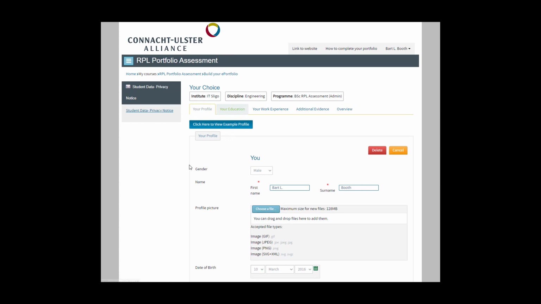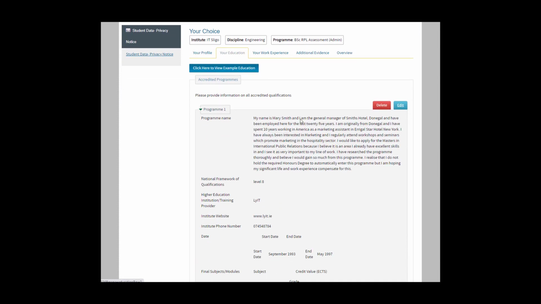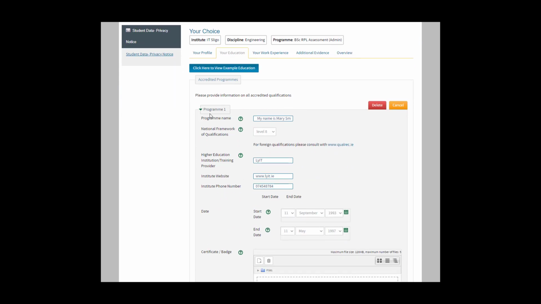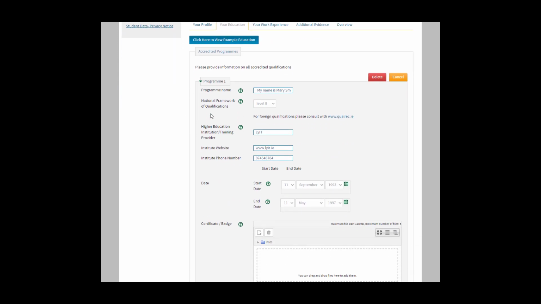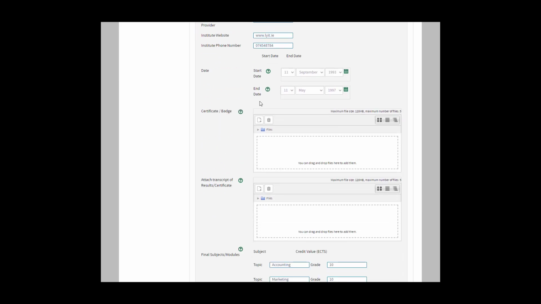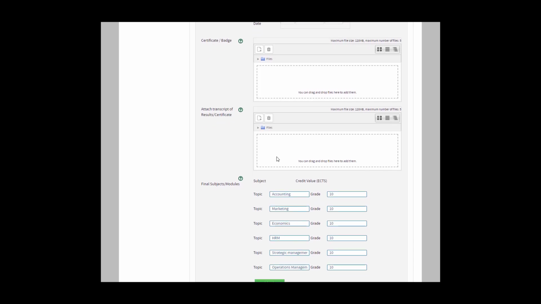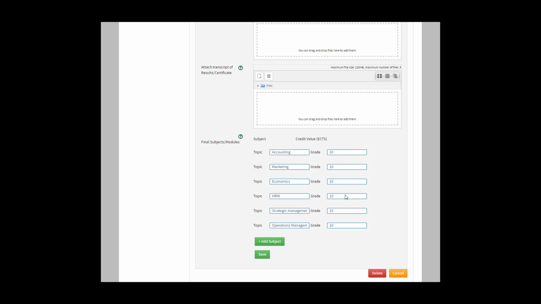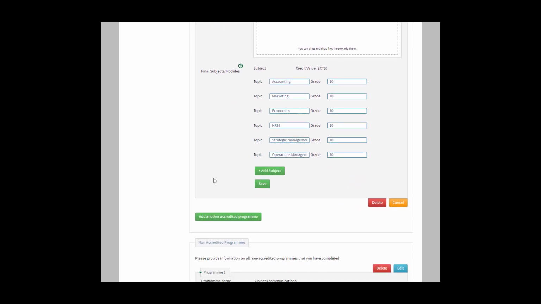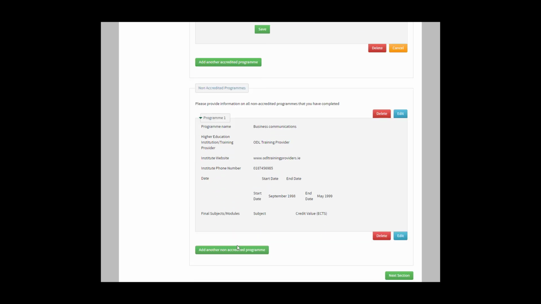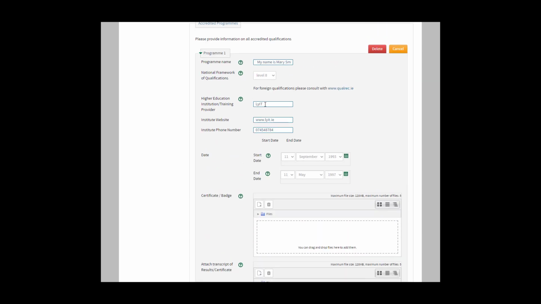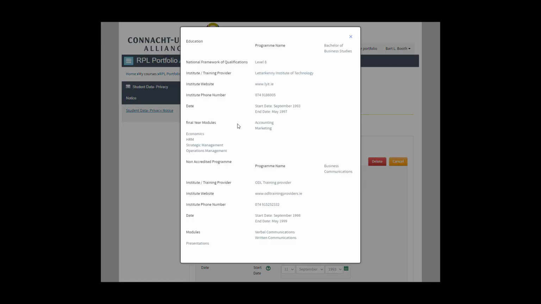The next one, in your education, you list the programs that you've completed, either accredited or non-accredited. The NFQ level, the institute provider, the contact details for that, the dates that you did the course, the transcript of results, final subjects with the weighting, and then you can add non-accredited programs, and you can keep adding further programs, either accredited or non-accredited. Again, on the example,